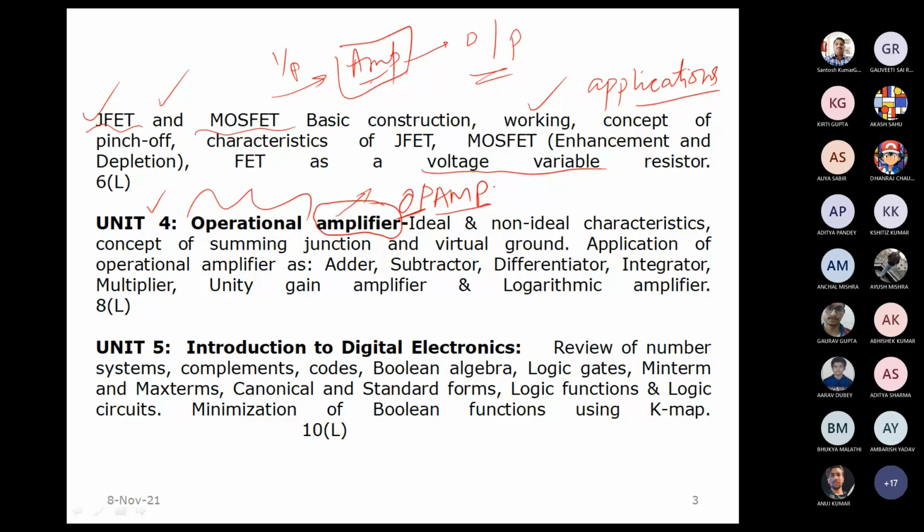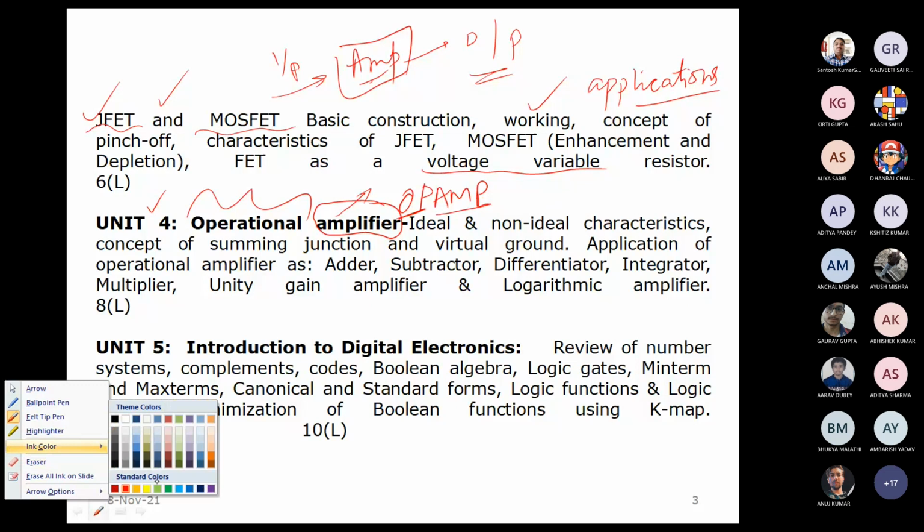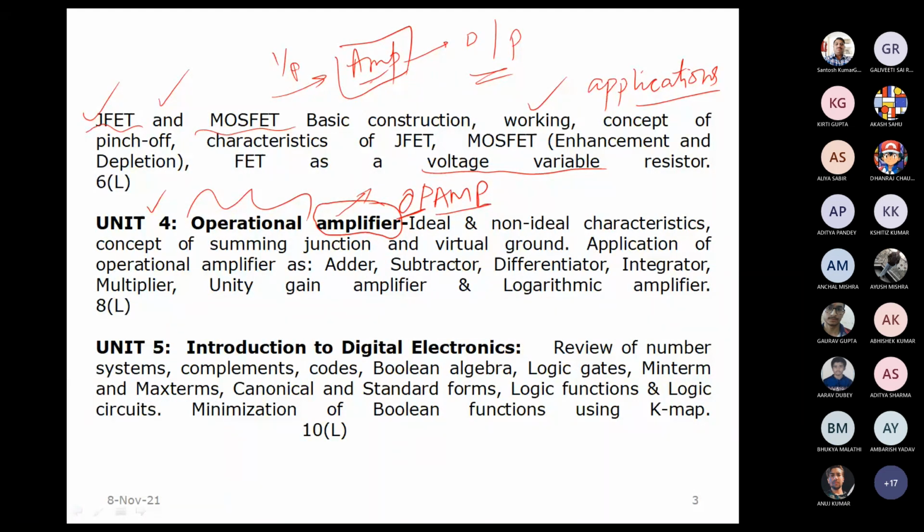Amplification is the basic characteristic of this class of circuits, but they can also perform certain operations. So that is what makes it special. So what are these operations? They are not limited to a single one but are multiple: adding two signals, subtracting two signals, differentiating, integrating a given signal, multiplying two signals.